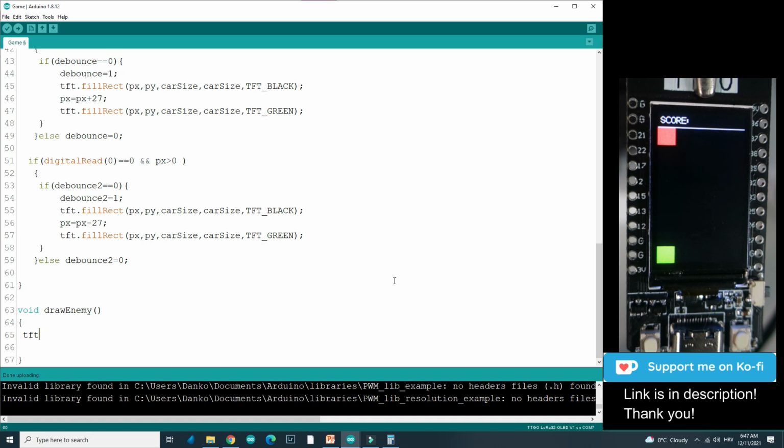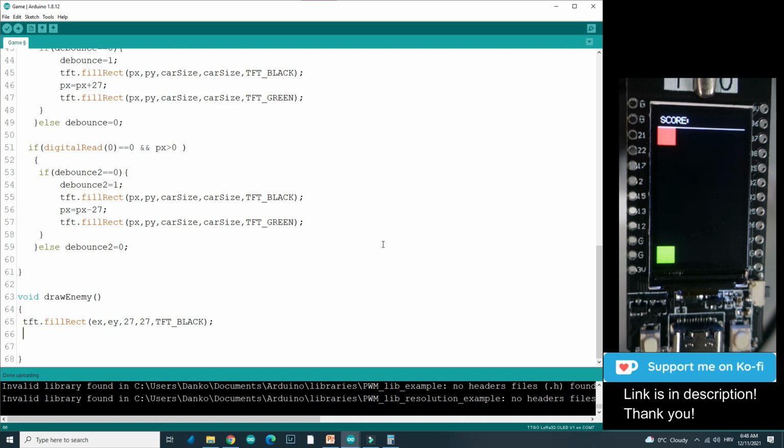Again, we will need to fill rectangle, fill EX, PX, EX, AY, 27, 27, TFT black. So first we need to delete the old enemy on the old position, and now we need to